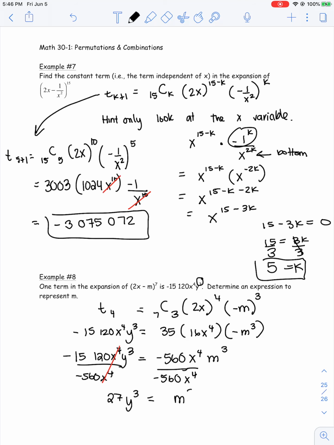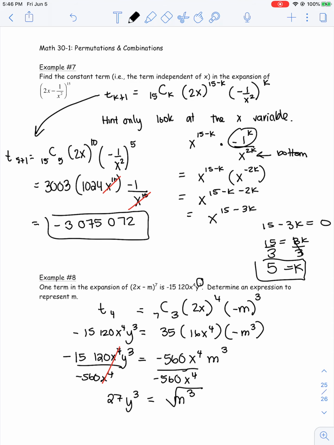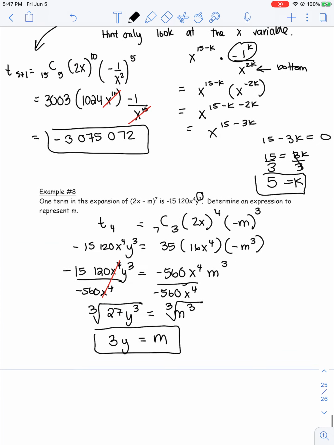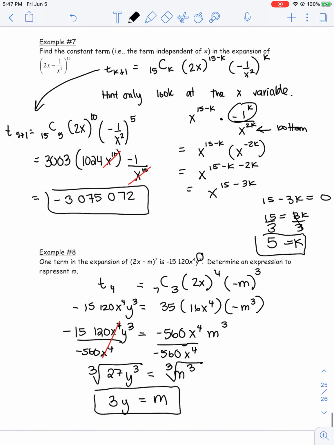Y cubed equals m to the power of 3. Now we're going to cube root both sides to solve for m. When you cube root 27, you get 3. When you cube root y cubed, you get just y. So that is what your m value is. So the expression to represent m is 3y. Okay, so that is it for